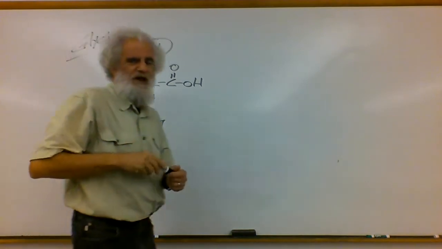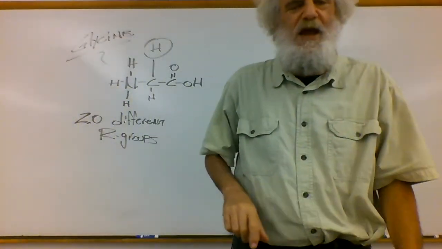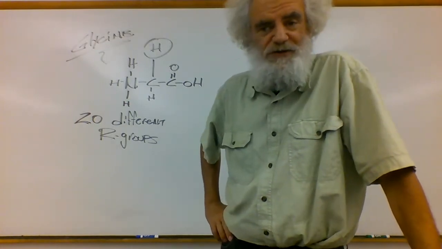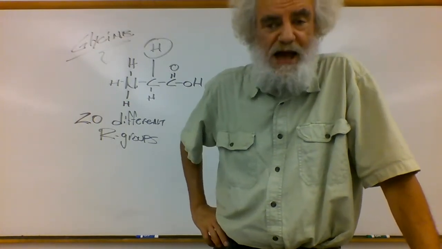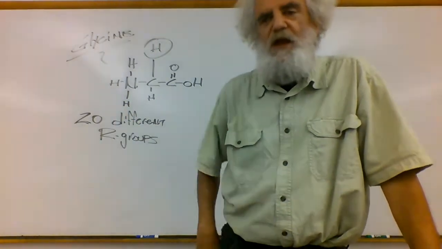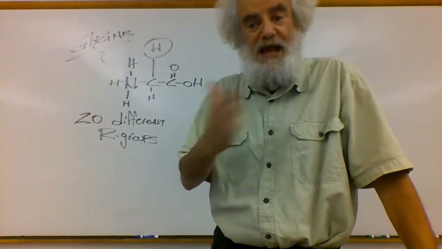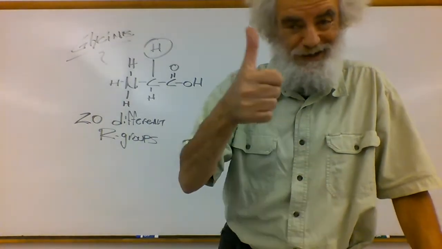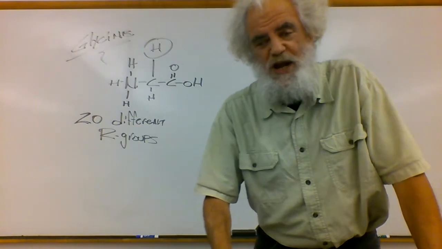Now, if you have friends who are taking biochemistry this semester, well, they're having to memorize all 20 amino acid structures. We don't got to do that. It's not too bad, because all you have to do is memorize the 20 R groups, because they all have the same base. But when you see them, you can tell them that, hey, you're also taking biochemistry, and that you got glycine covered. So 20 different R groups.